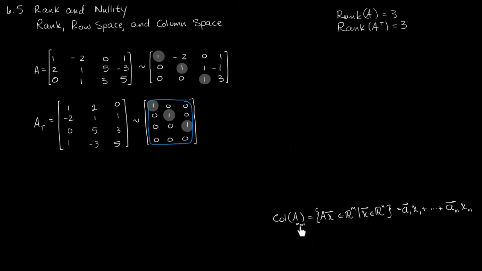But in the case that they're not the same dimension, this product is in Rm, but the vector X, the variable vector, comes from Rn. And here's what one of them looks like. Some vector a sub 1, remember that is just a vector in Rm, so it'll be something like this: a sub i, a sub j, all the way up to a sub m